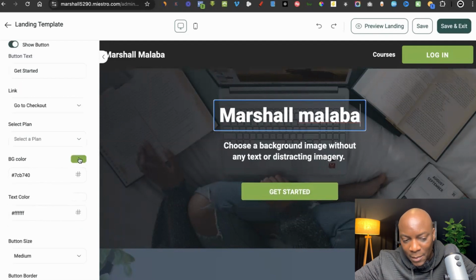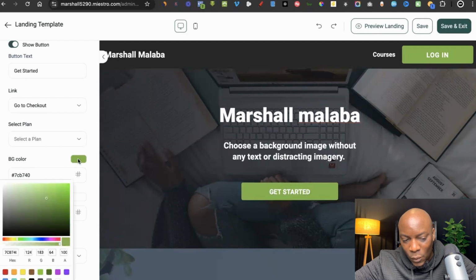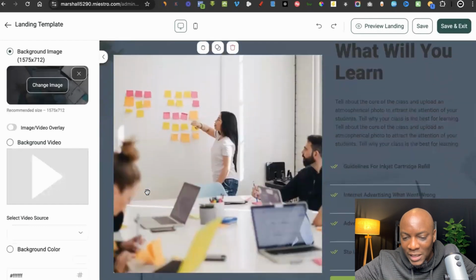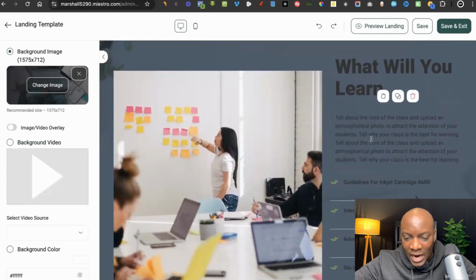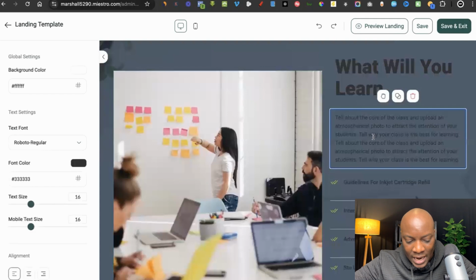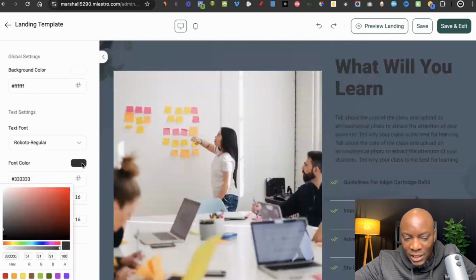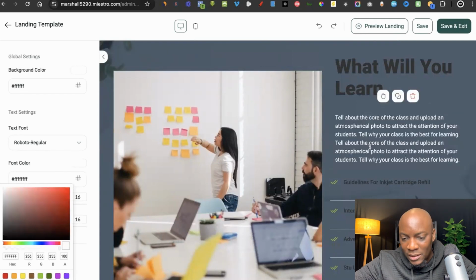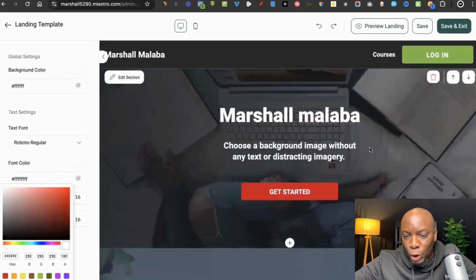I can change the color by clicking on the color section here to the left. Once I've clicked on the button, choose the color. I normally like to use red. Scroll down to the bottom to the next section. I don't like this black here. I can't see it clearly. You can just click on that. Highlight all the text. Come here to the left. Click on the font color. Choose white. As you can see, that's how simple and easy it is to actually use this builder.